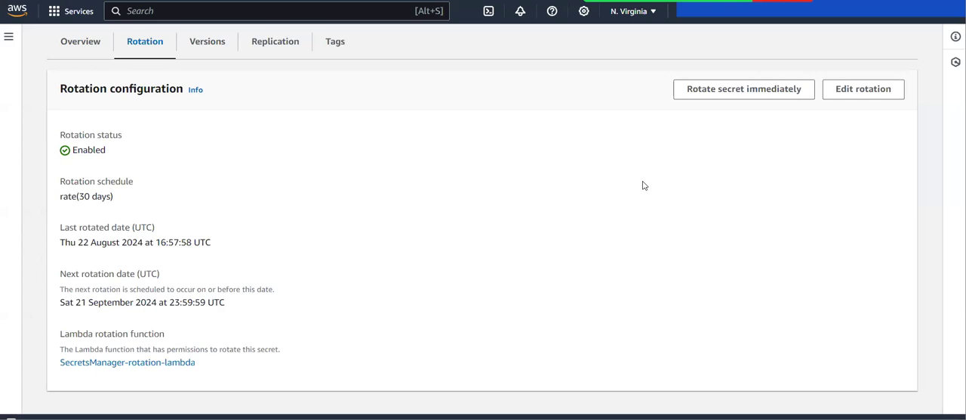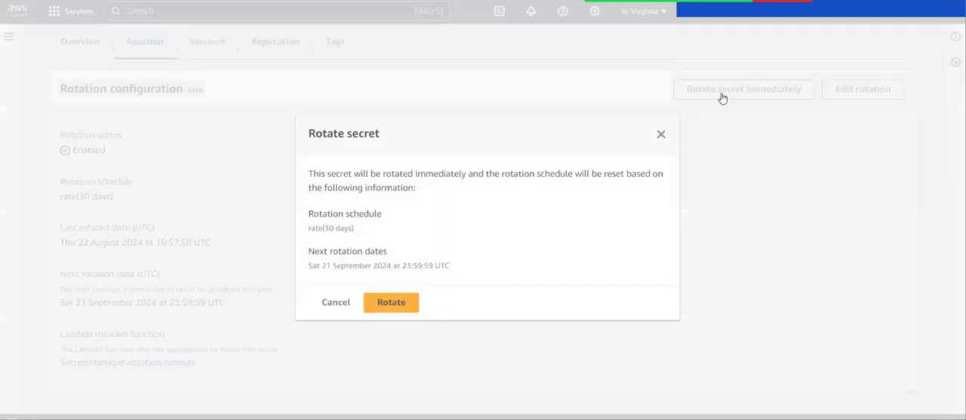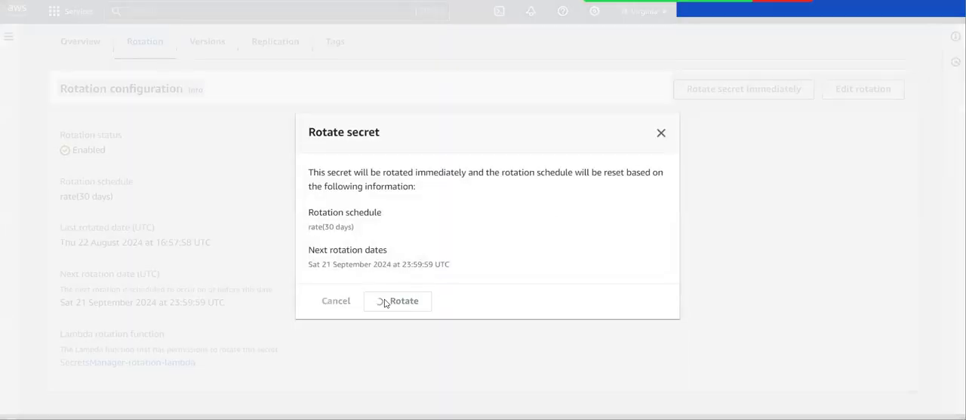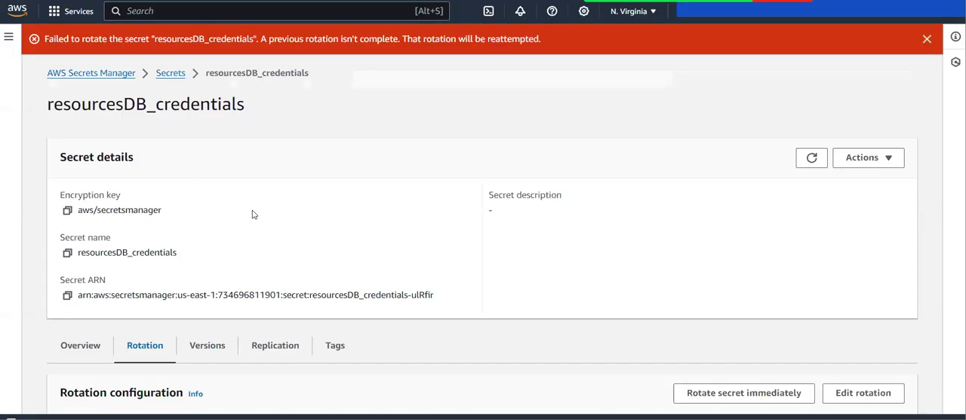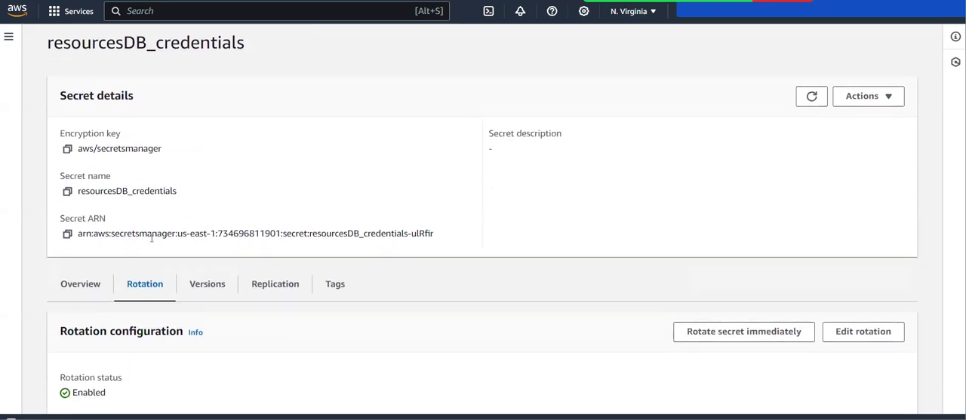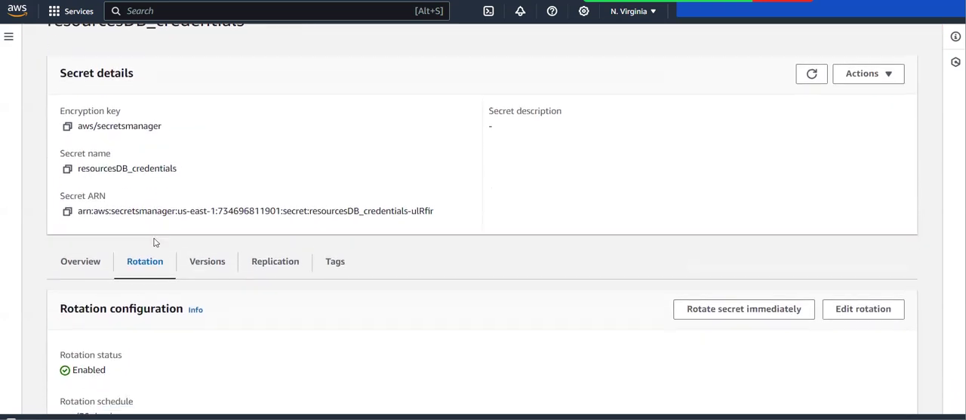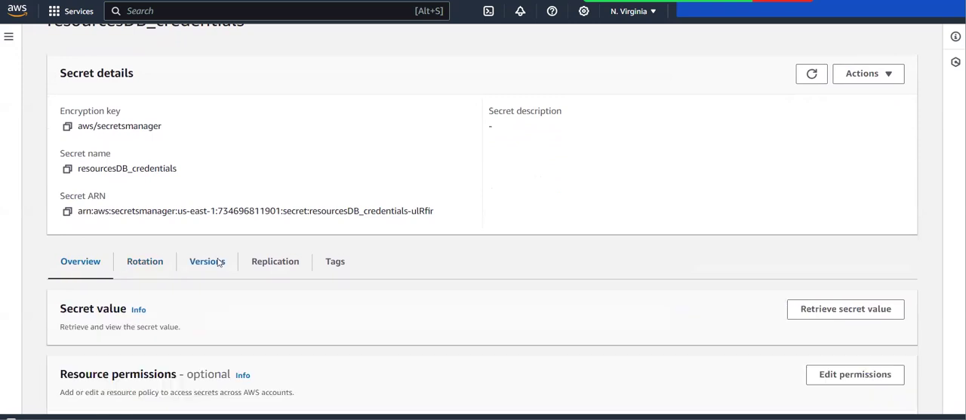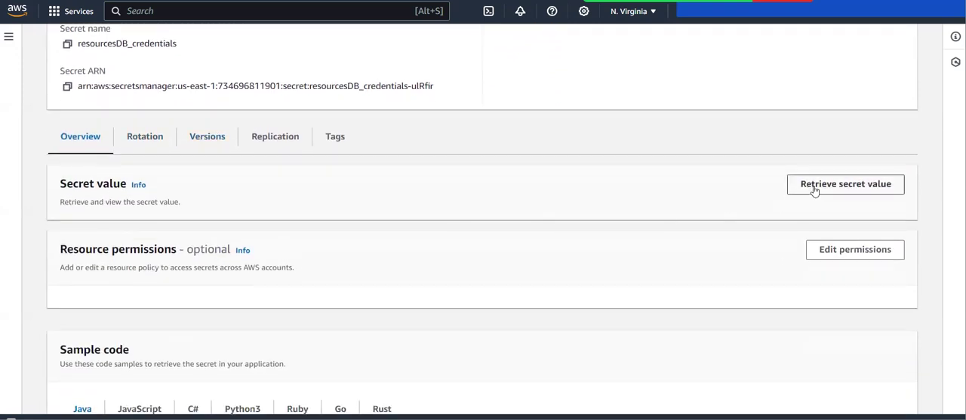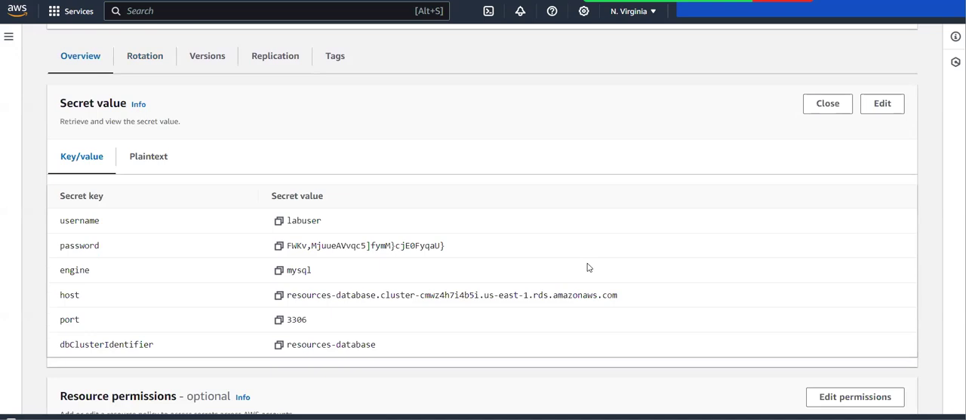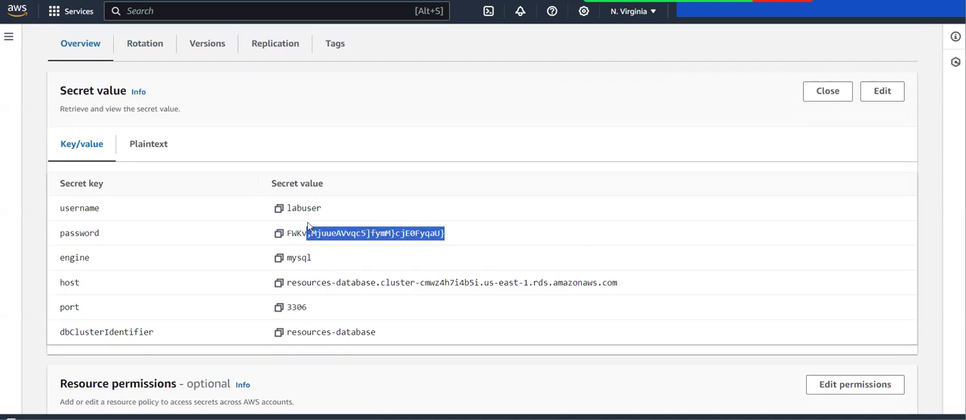Now I want to rotate my keys at once. So that's why I'm clicking on rotate secret immediately, and I'm just clicking on rotate. Yeah, I think the keys were rotated. I'm going to the overview and retrieving my secret values. Now you can observe the password got changed, right? Previously it was different, that is what we put, but now it is a